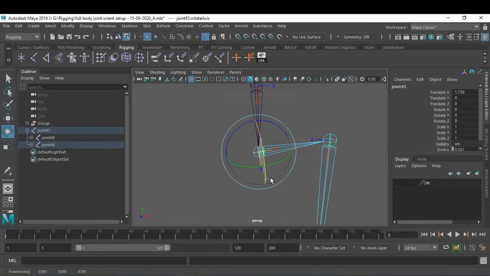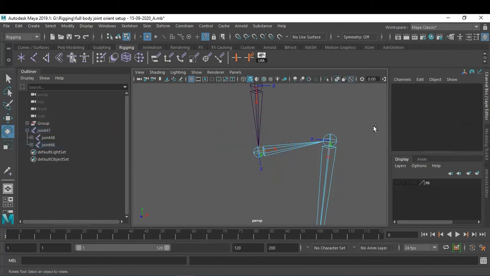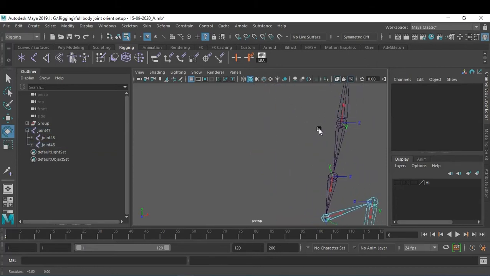Why do we need to change? Just try to change that Y axis. And on the root joint it is fine.